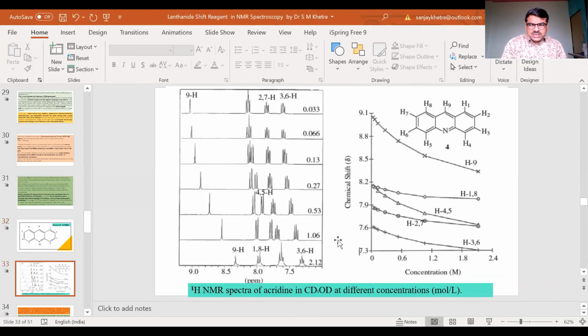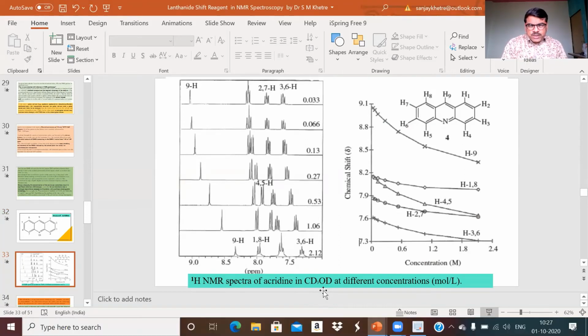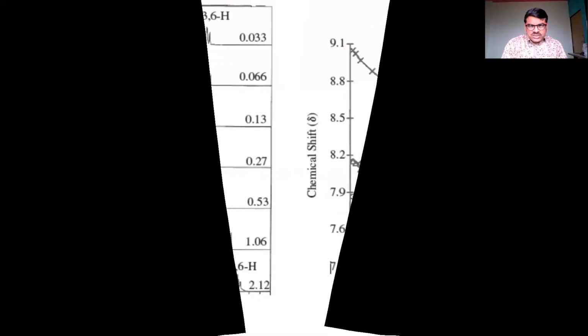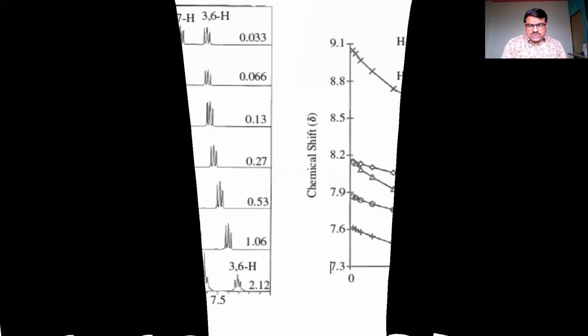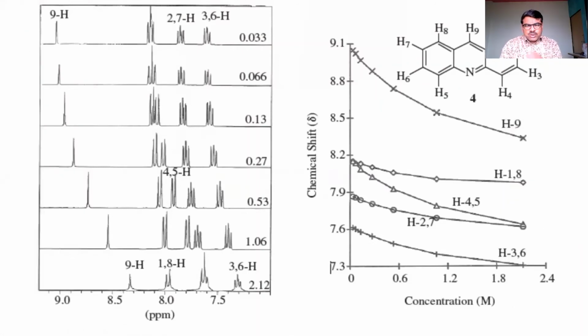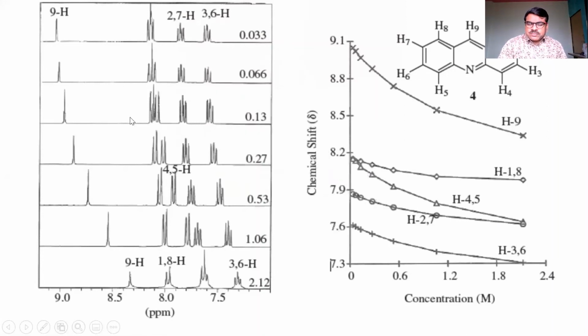Now when you see this compound under NMR spectroscopy by using CDCl3 as solvent, see here, when we use the solvent, what kind of spectra will be observed. Now see, just look at the left hand side diagram, you can see this one.